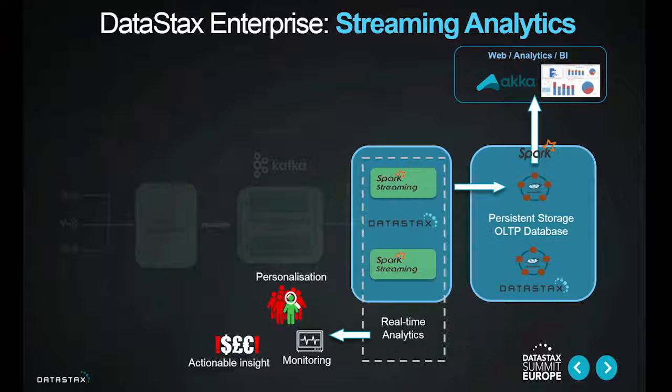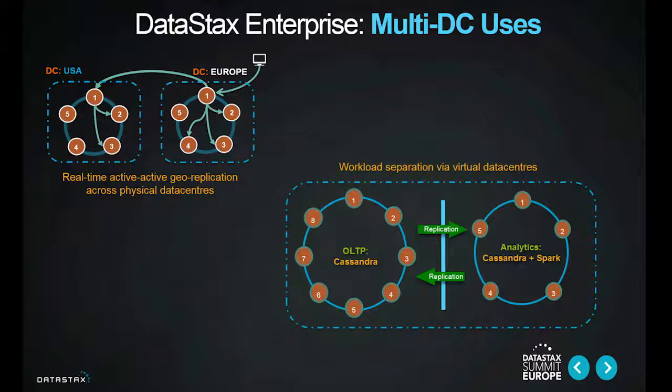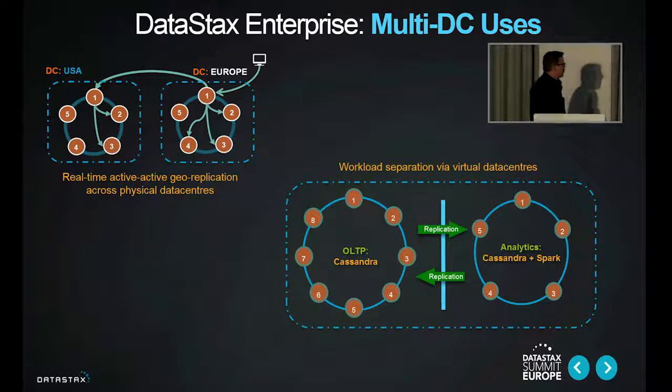And we see here, for example, that the data is being read in by the Spark consumers into an analytics data center, which can then replicate that data over to an OLTP data center. Now, touching upon that, one of the great features about Apache Cassandra is its multi-data center replication capability. This is a fundamental feature of Cassandra. You write data into one data center and it's automatically replicated over to a remote data center.